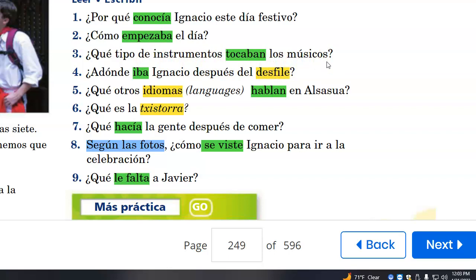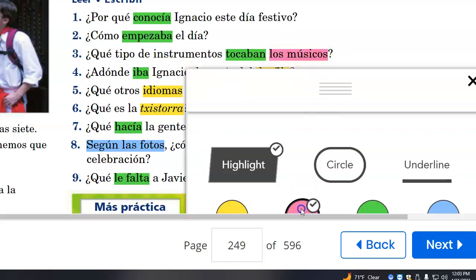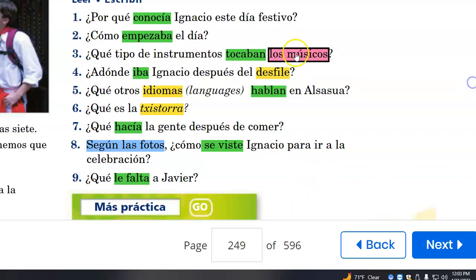And to begin all of these, you're going to use what's in the question to begin the response. So like number three, for example, your subject is los músicos. That's what we're talking about, right? You're going to begin your response with los músicos and then your verb, tocaban. Los músicos tocaban. And then you go find in the script the answer,